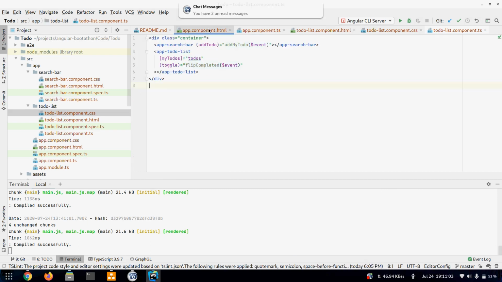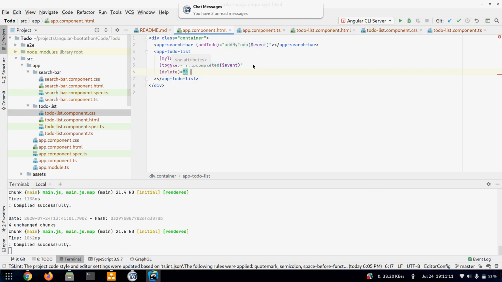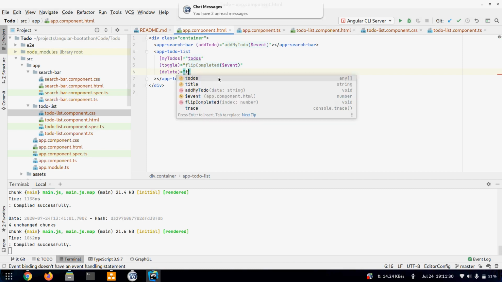Okay, so now in index.html we have to listen for this. Whenever delete occurs, we can either create a function like this, or we can also do this right here itself, because everything here is code. So it's an alternate way. If you don't want to create a function and it's a little thing, then we can do it here also.